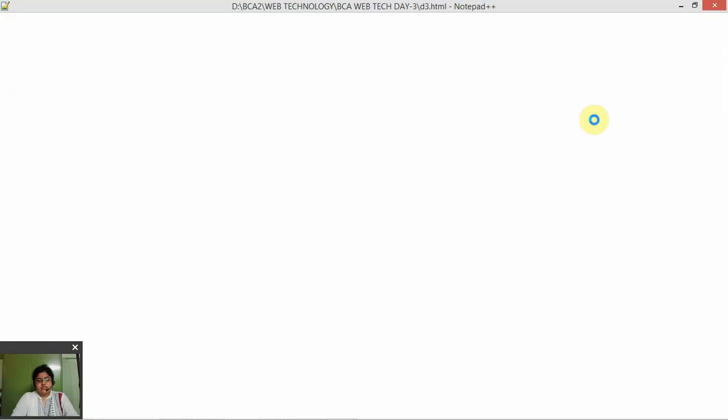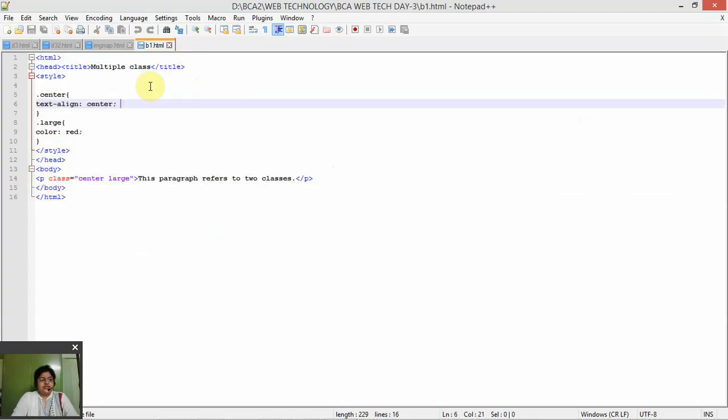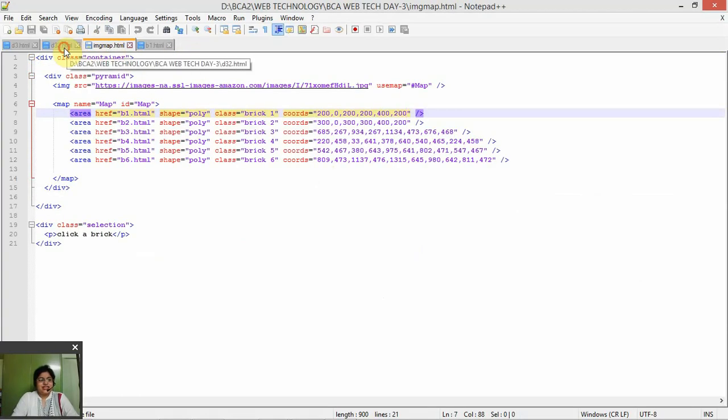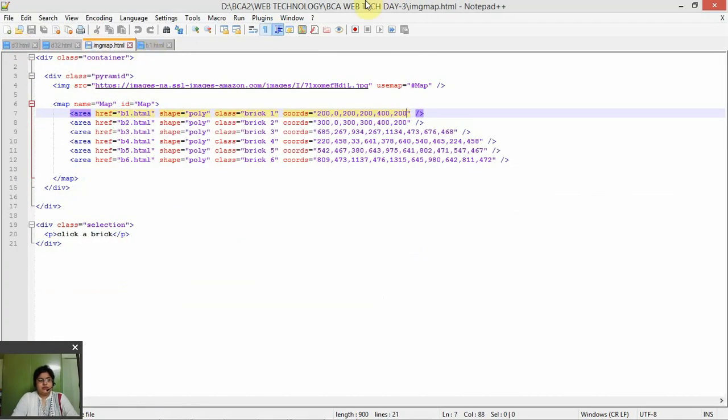One second, it will gradually open. As you can see, there are various HTML codes I have written in the Notepad++ editor. This is a particular editor I prefer, but you can use